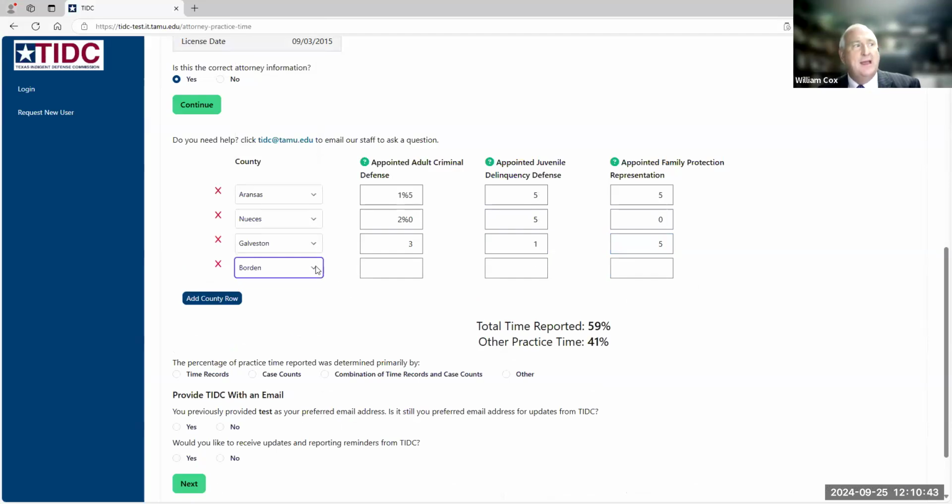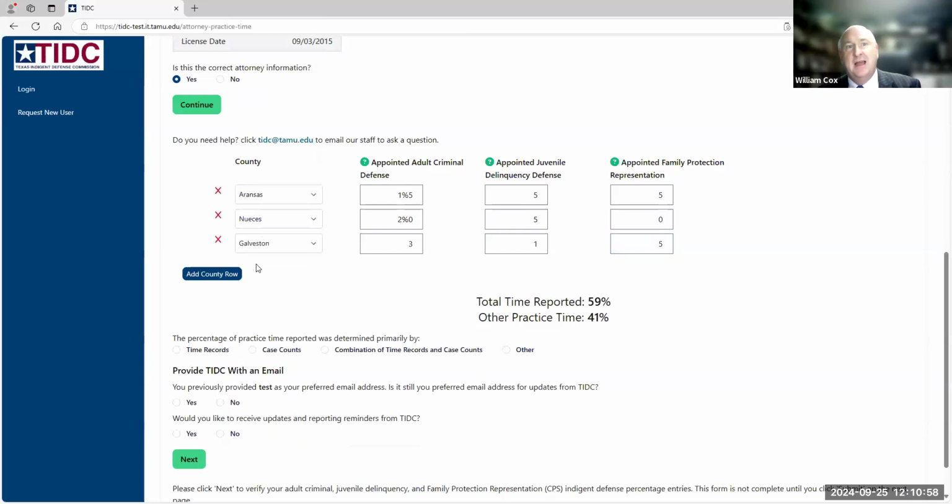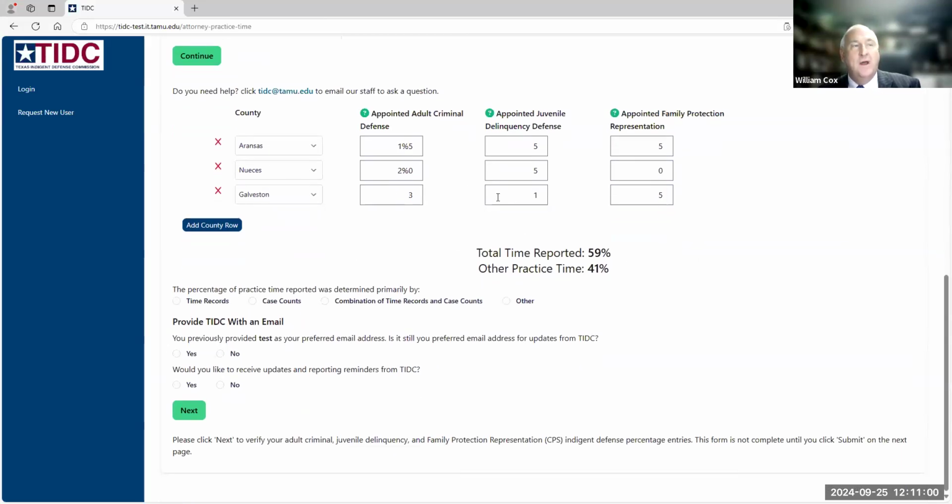You can either go back, click on the down arrow, and change the county, or if you select the county and then you realize you didn't have any cases there for this fiscal year, then just click the red X and it will take that line back off. Once you've got all your time entered,